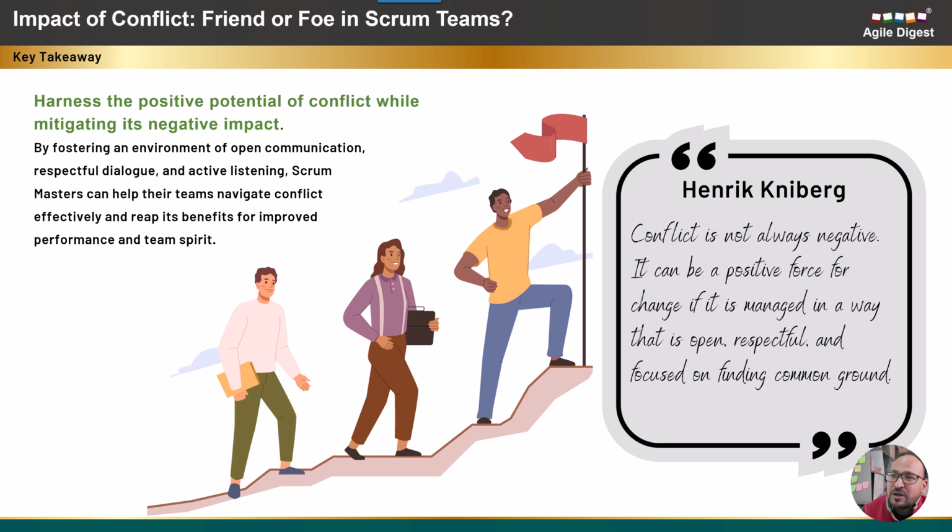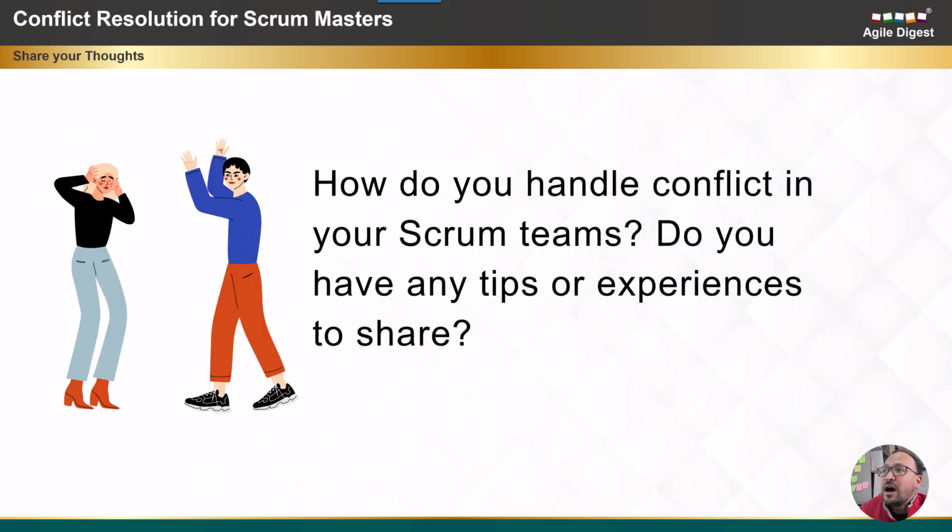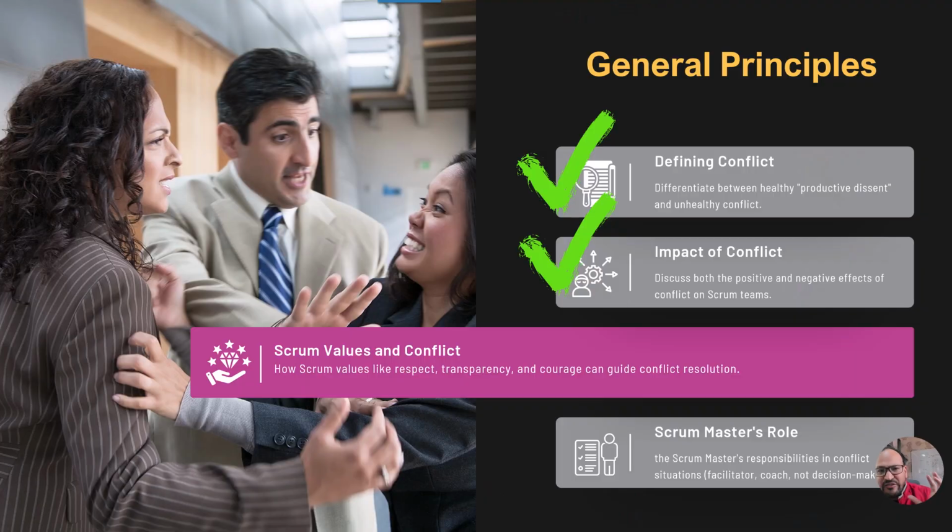Let's talk about, in your experience, how do you handle conflict in your Scrum team? Do you have any tips or experience to share? Over here, we all are trying to learn from each other. If you see there is something that you want to add in this, feel free to add it in the comments. We'll go into the next part where we'll talk about how this conflict is connected with the Scrum values,